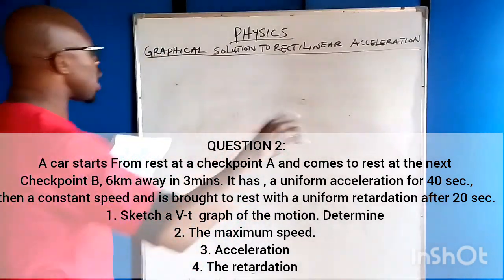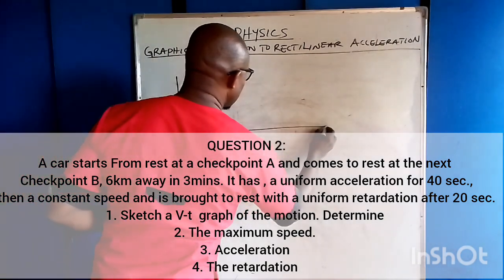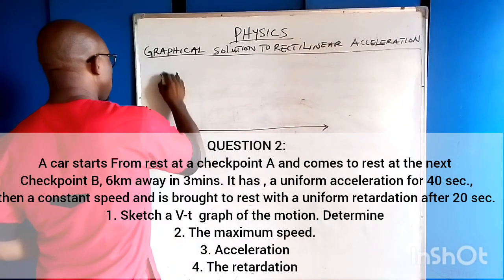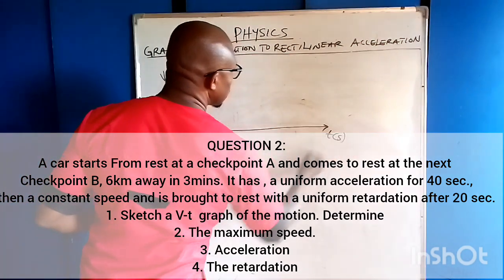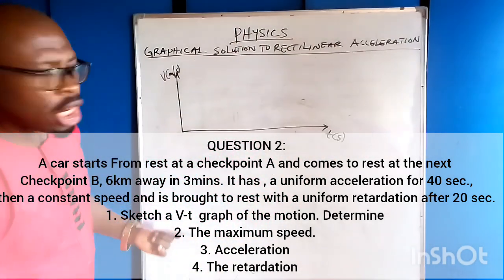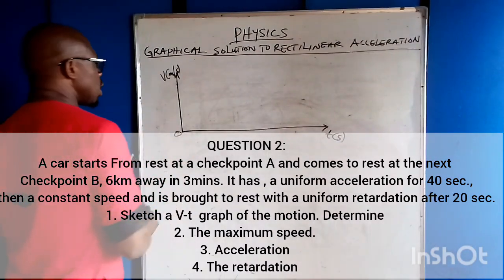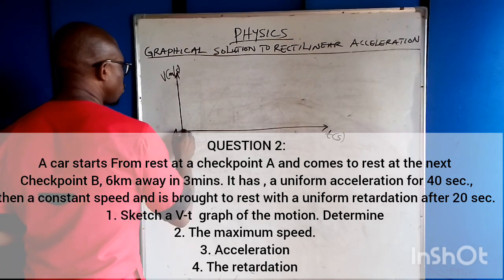So that is from point A to point B. Now, we have this as the motion, the velocity time graph, V in meters per second, T in seconds. Now, this body moves from point A. Let's say from point A, this is point A here. It moves